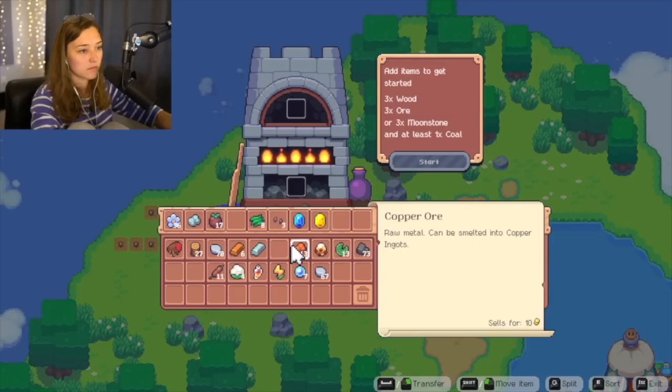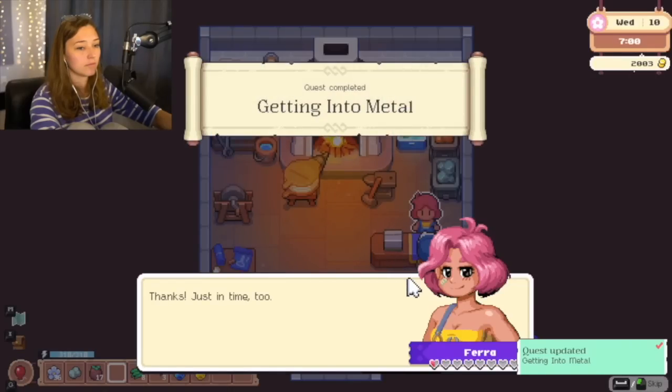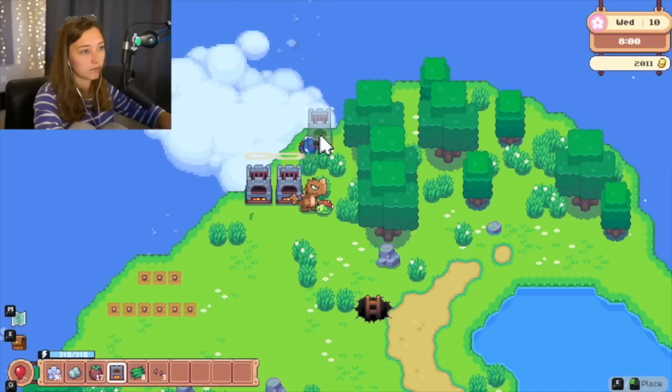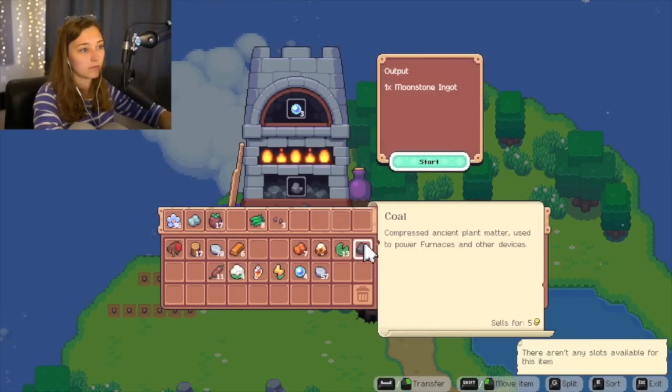I'd been smelting ores in my furnaces for the past couple days, and after selling an iron bar to Farah, I received a crafting recipe for an anvil, which would be crucial for making protection charms. Would have been nice to get this before I was electrocuted, but hey, what are you gonna do? Anyways, I crafted up another furnace and got some moonstone smelting, since I would need it to make a moonstone